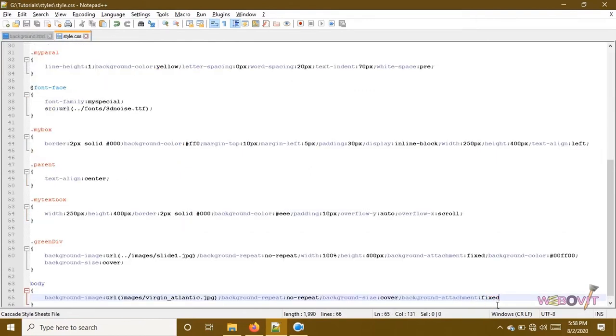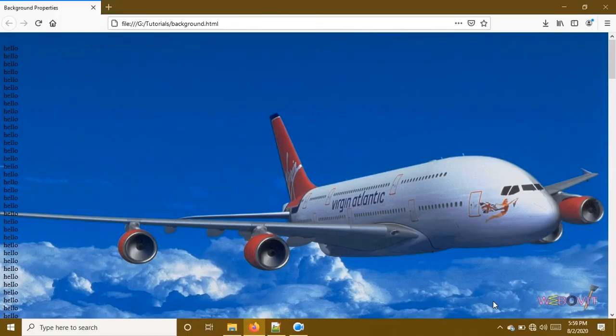But now we have changed the folder, so we need to go one path above. So we will move one directory up to come into the root directory, and then we will find the images folder. This concept is very important, so you should take care of it.